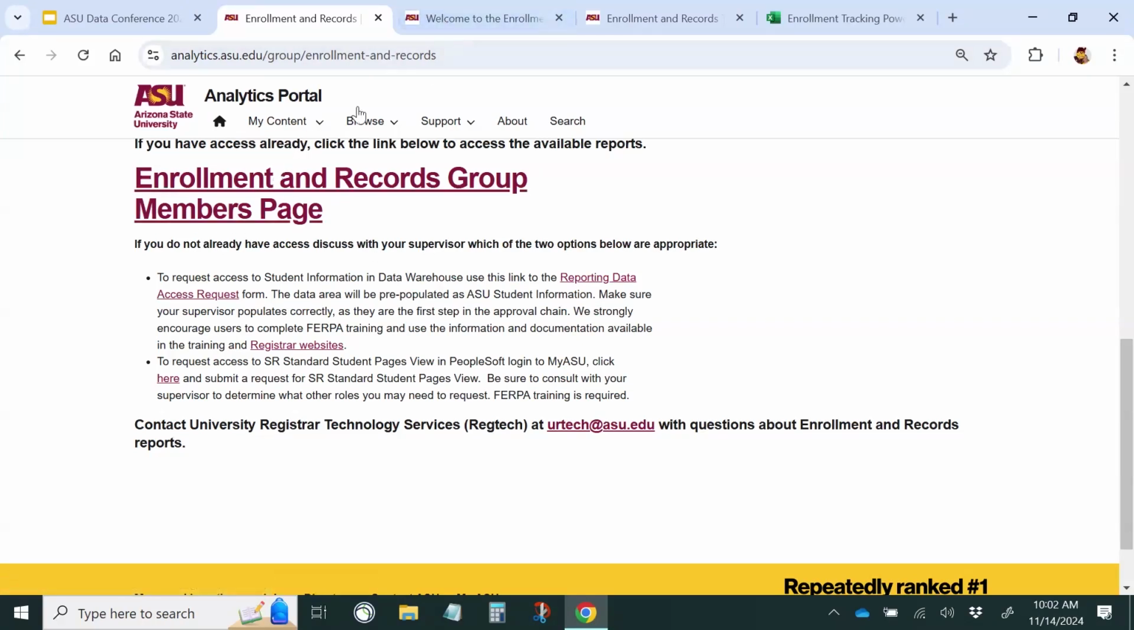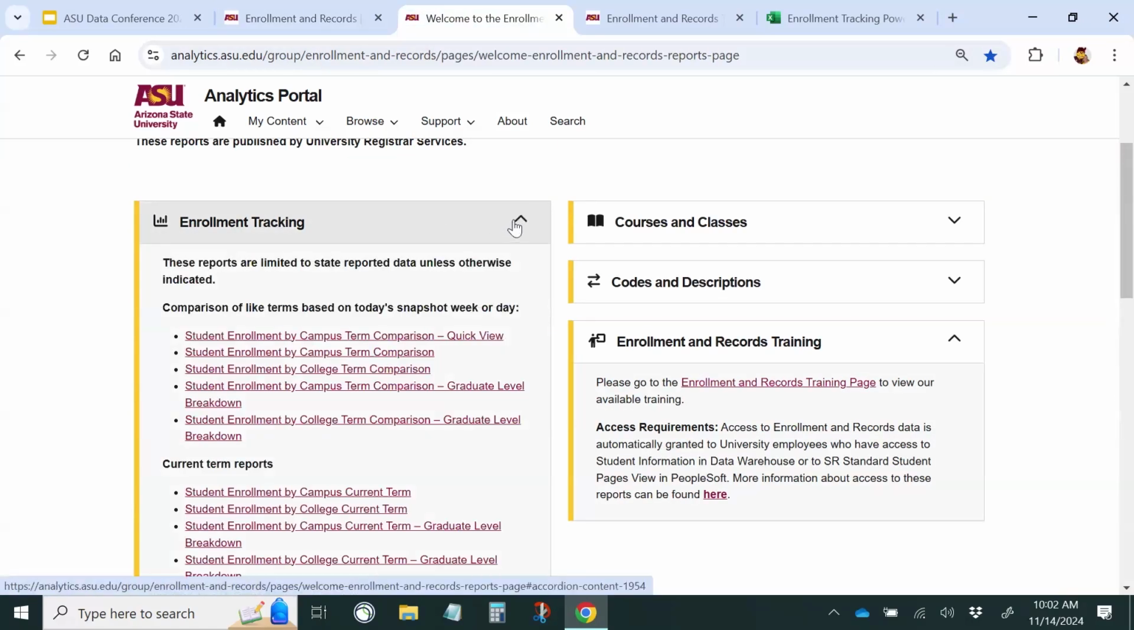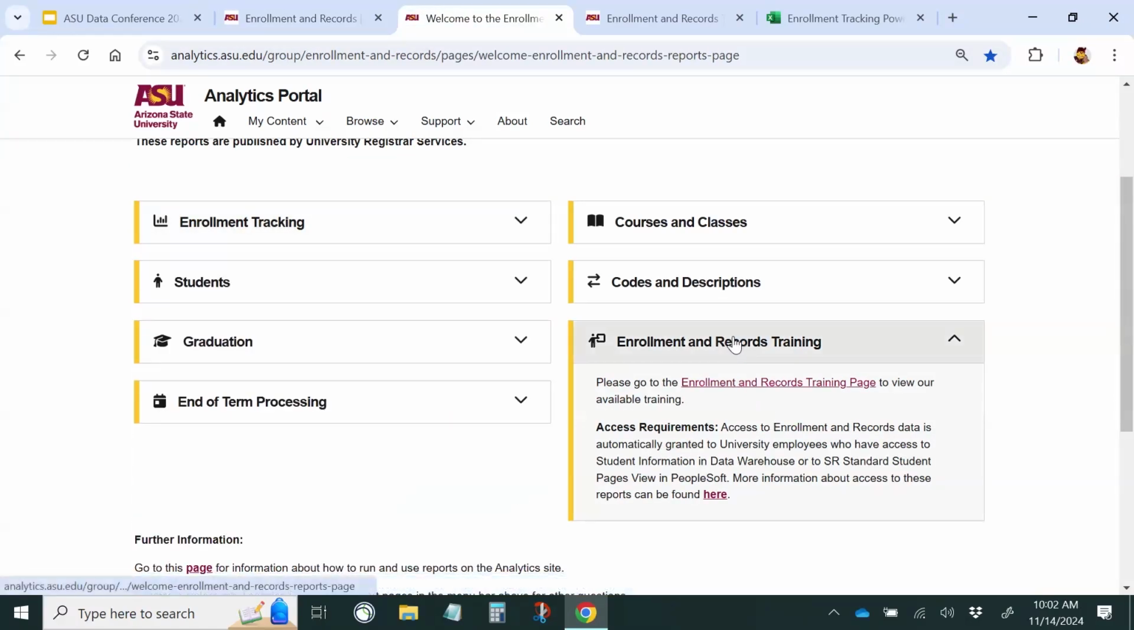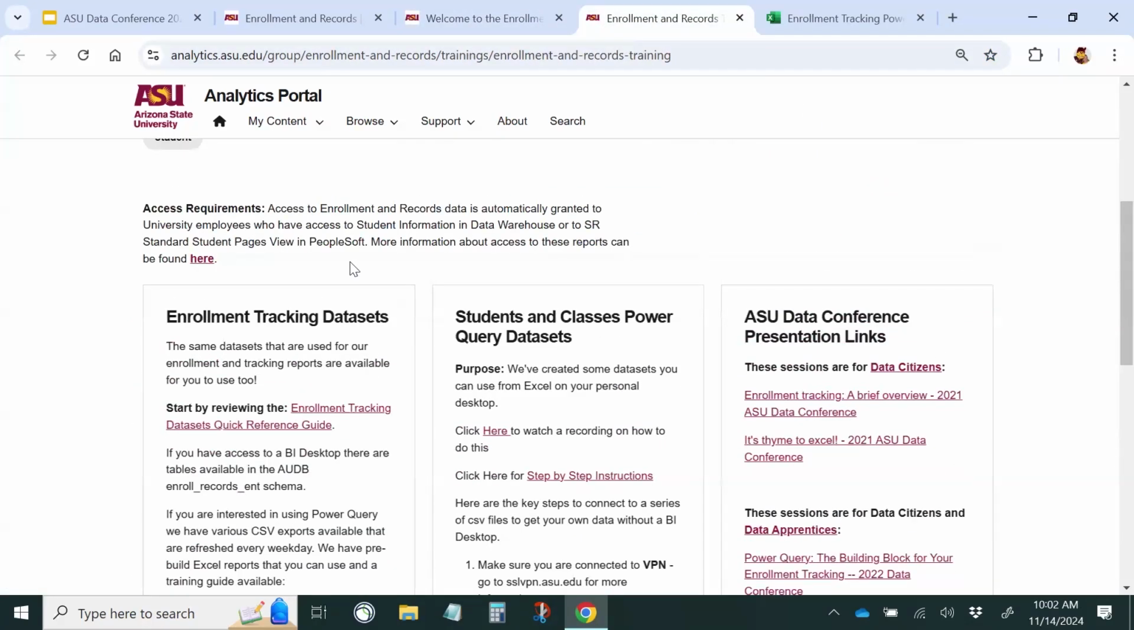But then you can click on this link and it'll take you to our enrollment records page. This is where the enrollment tracking reports are. And then there is the enrollment records training. So if you click on that link, that's going to take you here. So for the second half of this presentation,